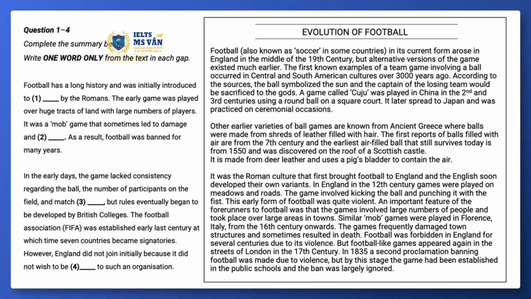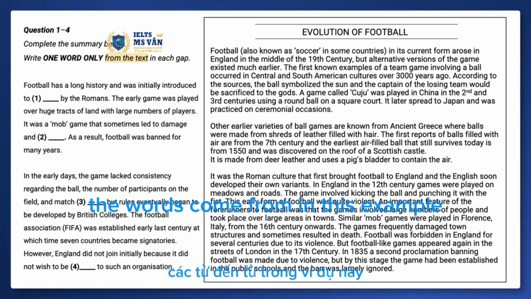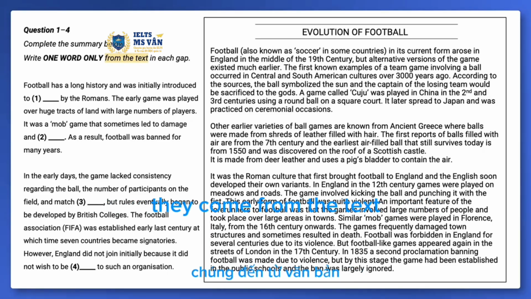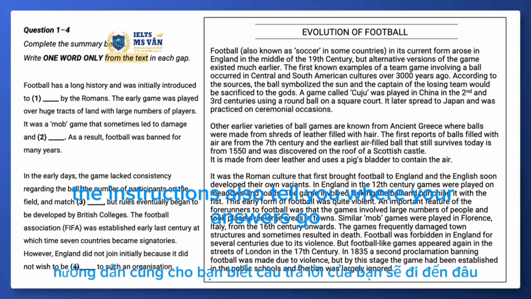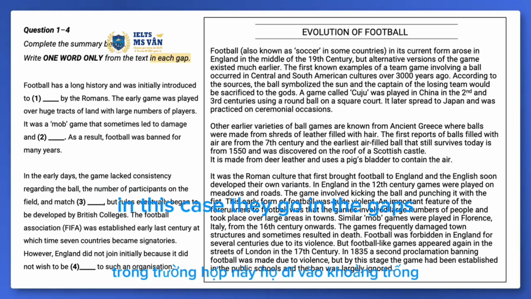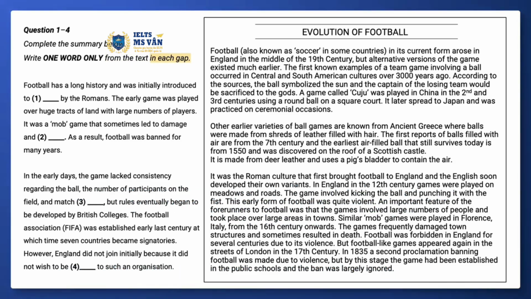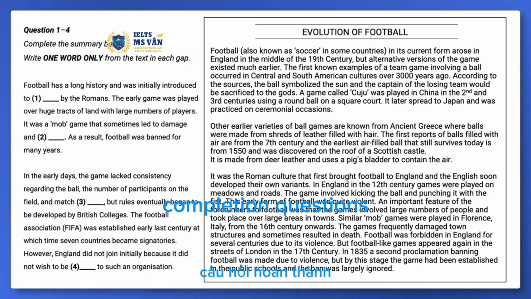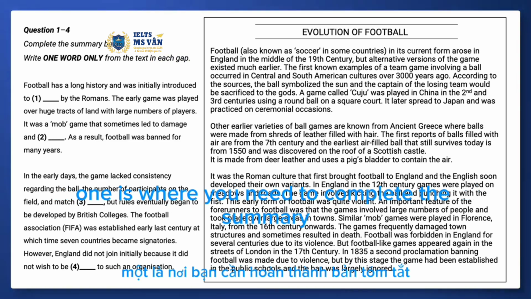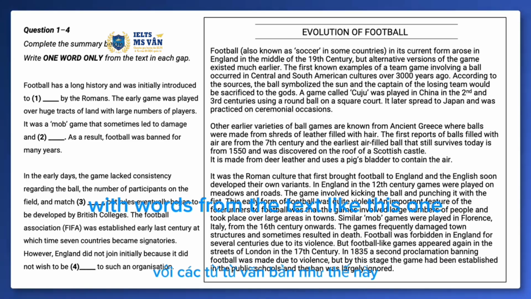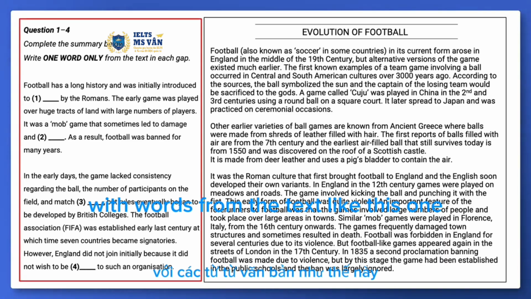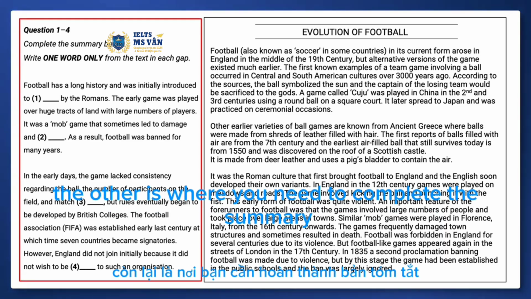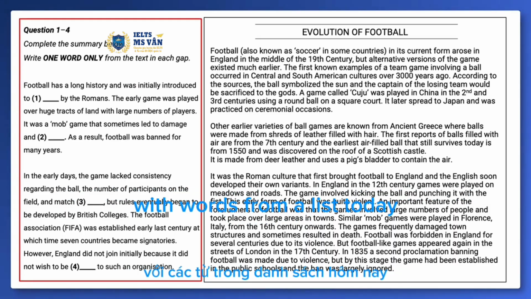Instructions also tell you where the words come from. In this example, they come from the text. The instructions also tell you where your answers go. In this case, they go in the gaps. It's important to note that there are two types of summary completion questions. One is where you need to complete the summary with words from the text, like this one. The other is where you need to complete the summary with words from a list,